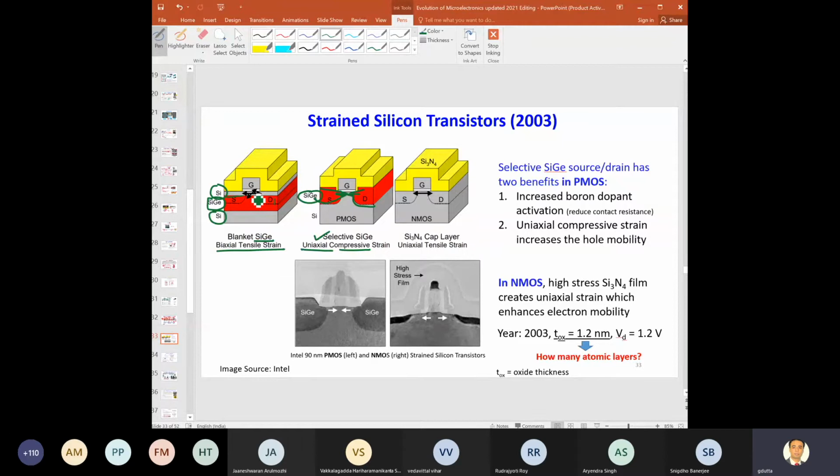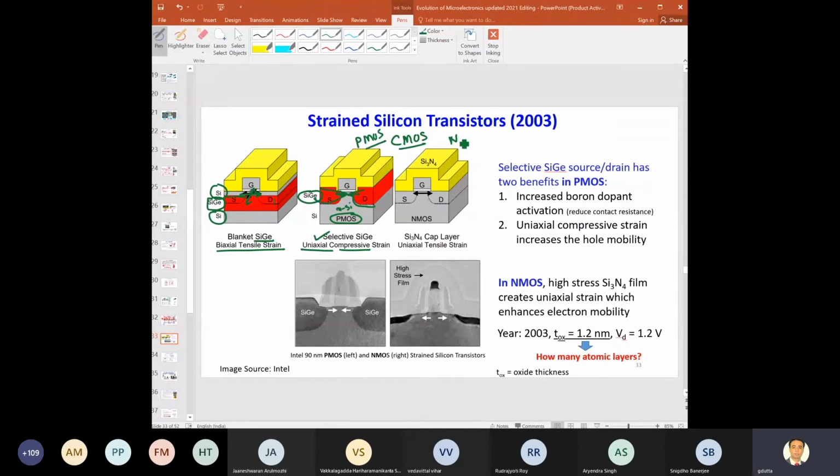Uniaxial means only in this direction. Here you can see the tensile strain is in both directions, one in this direction and the other in this direction. Here it is uniaxial, because it is only in these two directions, right? And remember, this is used when the MOSFET is PMOS. That means the substrate is what type? It is N silicon, right? So when the substrate is N silicon, for the PMOS, this technology is used. But we have to consider the CMOS case, right? So this is the PMOS.